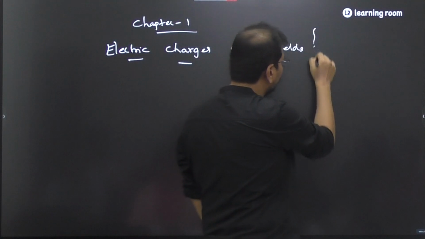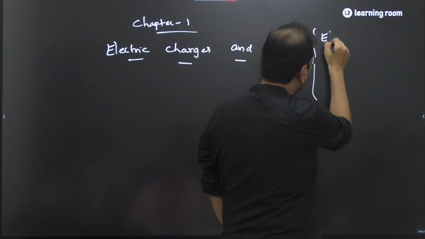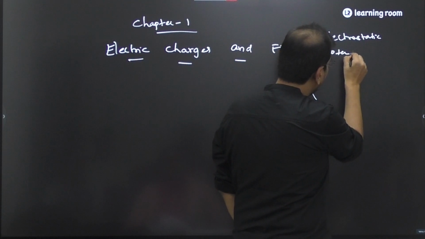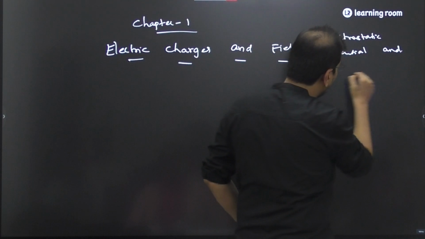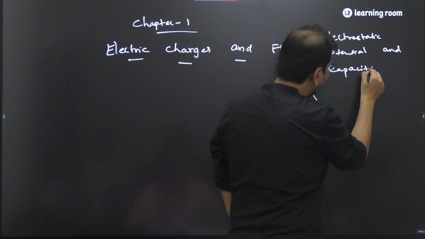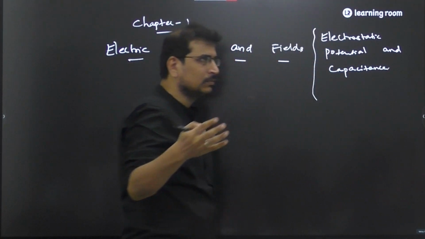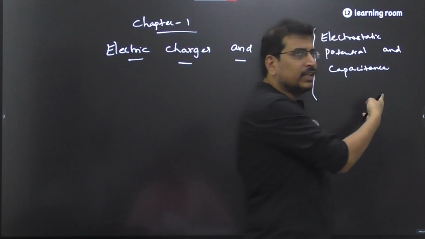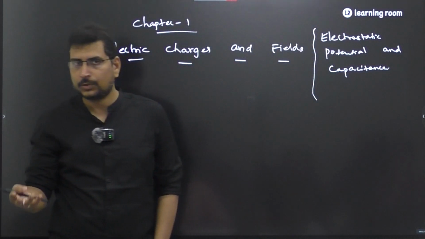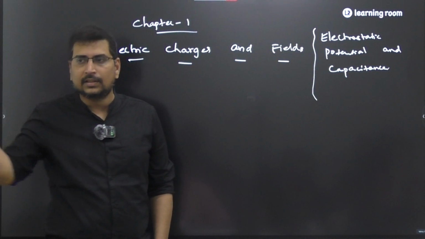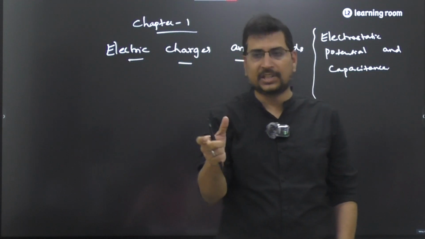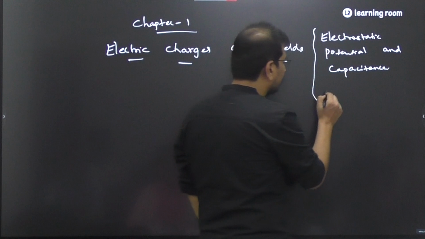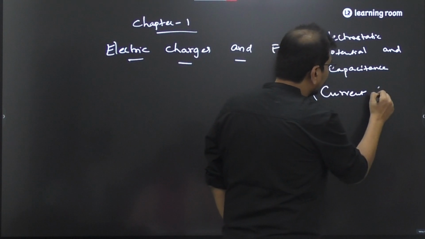See, as I told you, this is the first chapter's name. The second chapter's name is electrostatic potential and capacitance. Okay, this capacitance can be understood like how you understood resistance. You know what is resistance, right? It's for a resistor. Similarly, capacitance is for a device called a capacitor, about which we will deal later. Okay. So this is the second chapter, and here we are using the word current